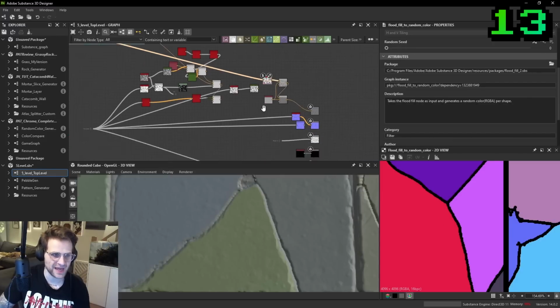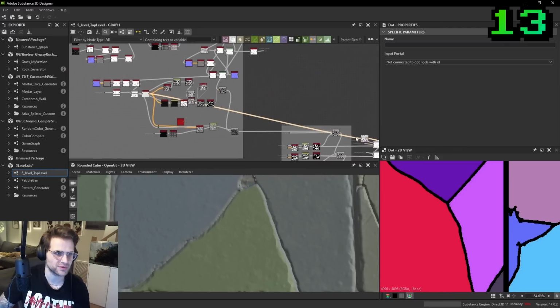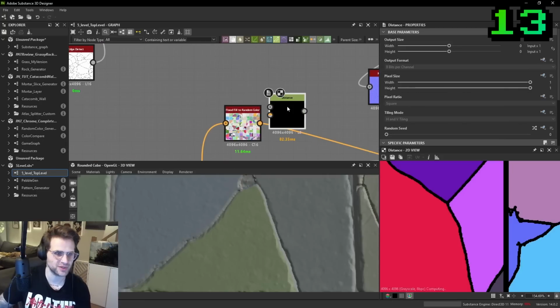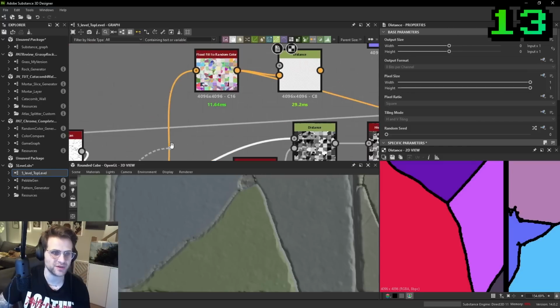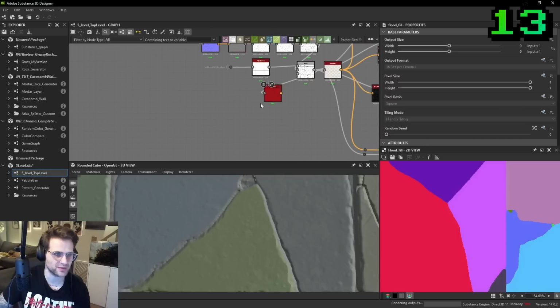So to close up this gap, it's actually really simple. We just make a distance node. You can see I've done this everywhere. You make a distance node like this, plug it into the source of the distance, and then whatever went into the flood fill goes into the mask input of that distance, right? So as a quick